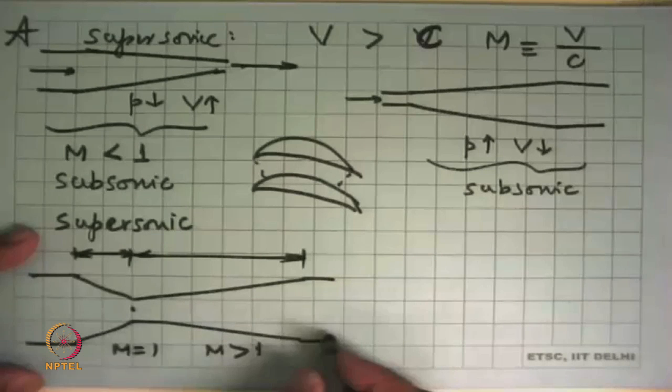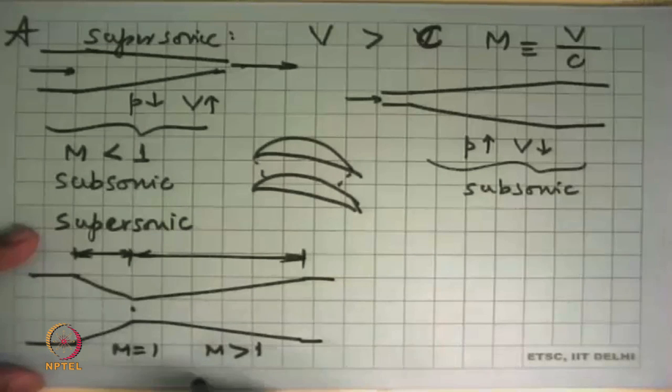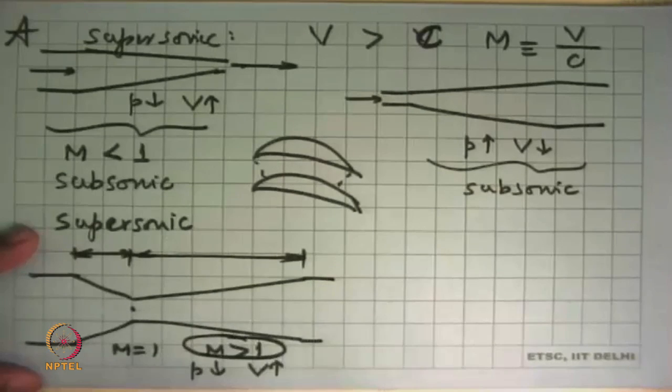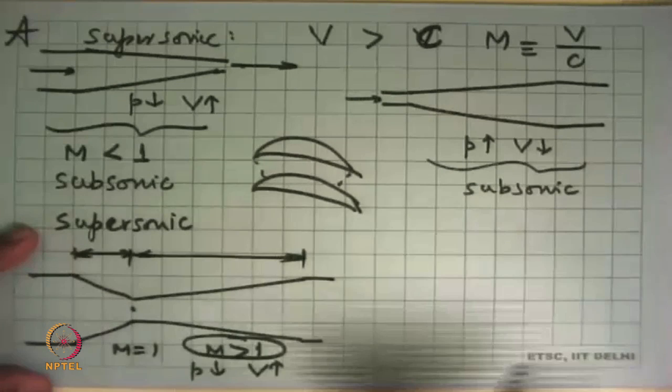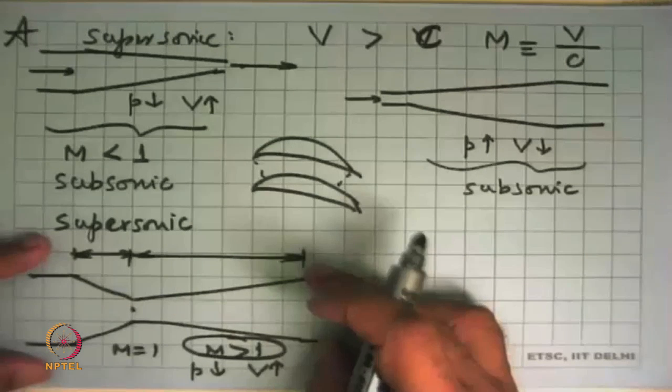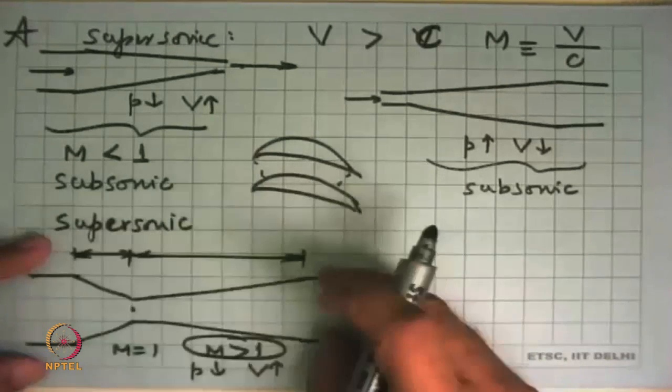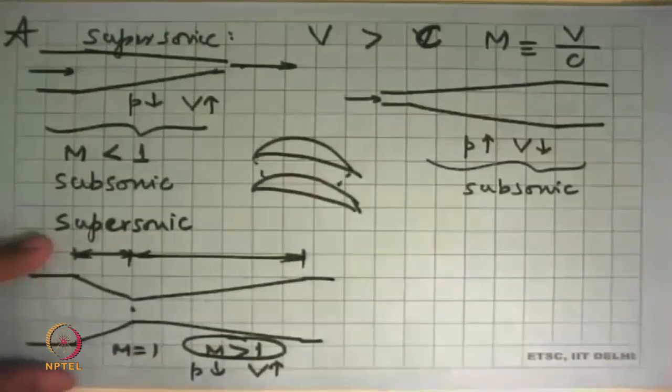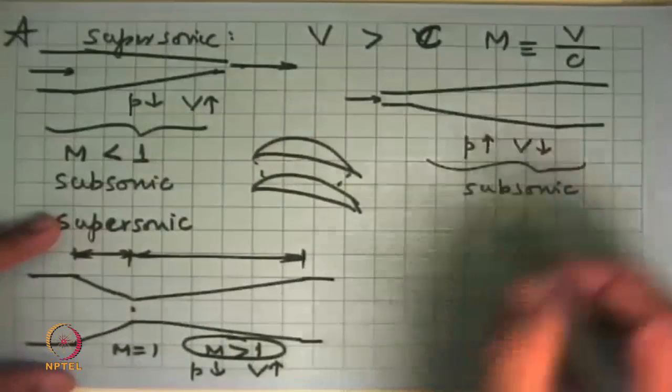So as the Mach number and the area increase, here pressure will continue to decrease and velocity will increase, but this is a precondition for this behavior to take place. So to accelerate fluids to velocities much greater than the local Mach number, possibly a combination of these two is required.